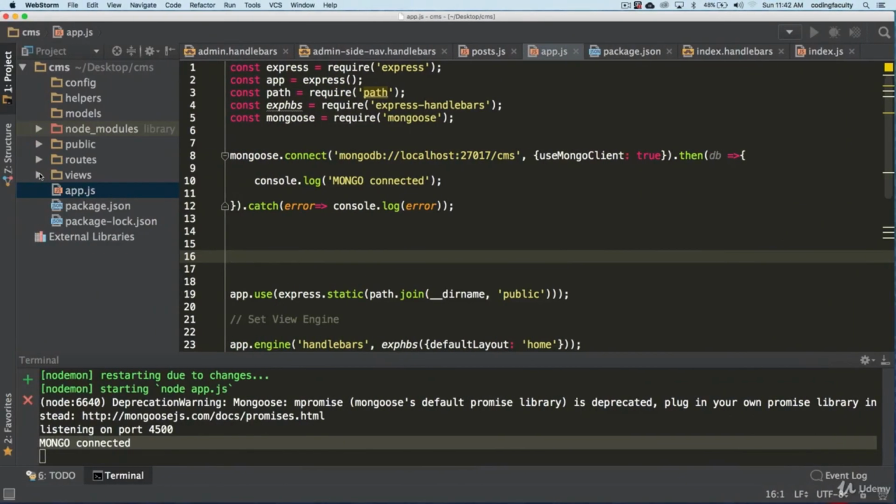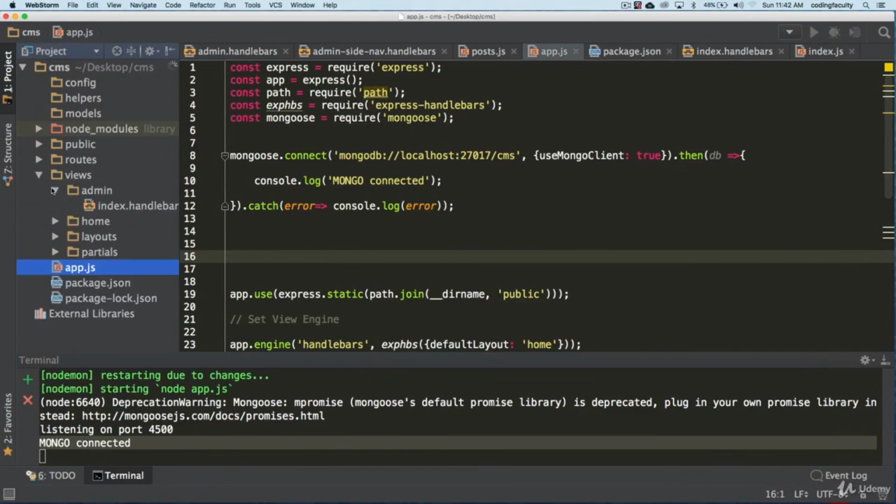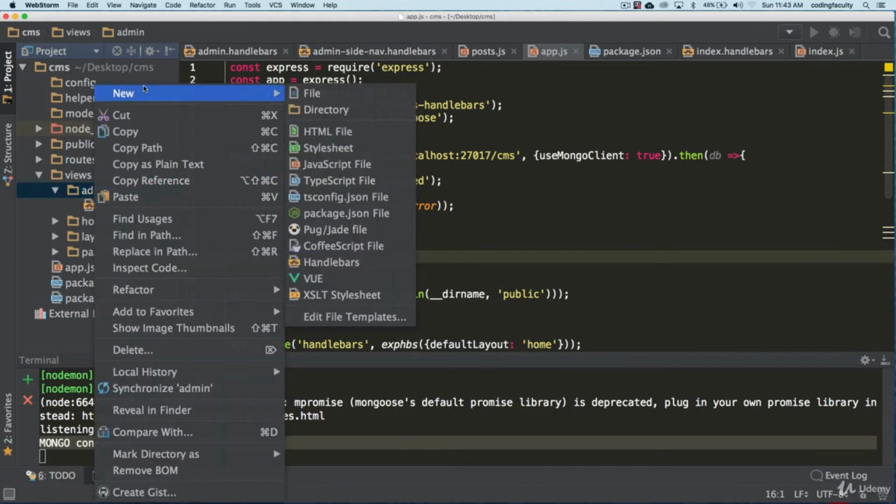All right, so let's go to views, let's go to admin, and inside admin, what we want to do is create another directory, because we want to keep things separate. Whatever is in admin is going to stay in admin. So we're going to have posts, categories, comments, whatever. They're going to be inside the admin, but I want to make sure that they are in their own entity, in their own basically component, in a type of way. All right, everything separated and nice.